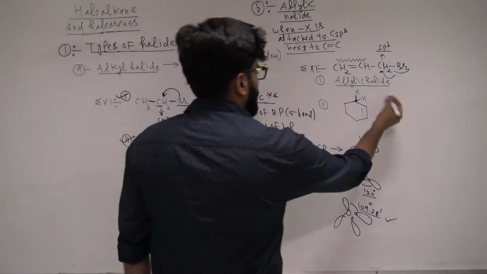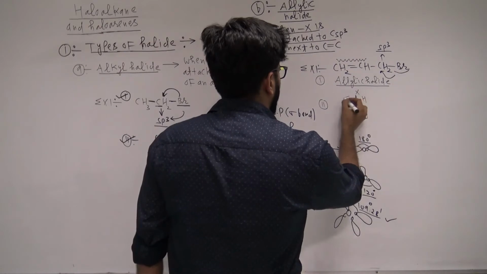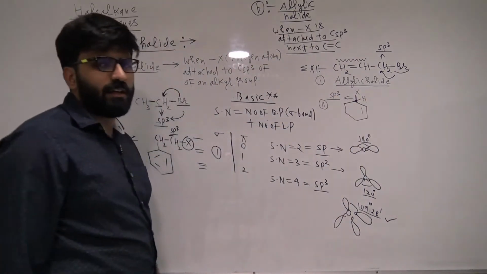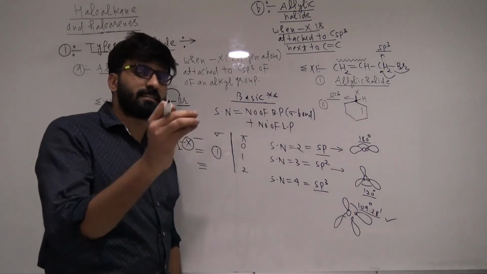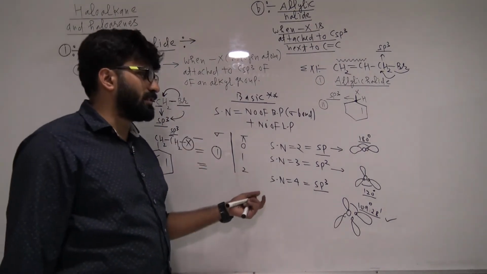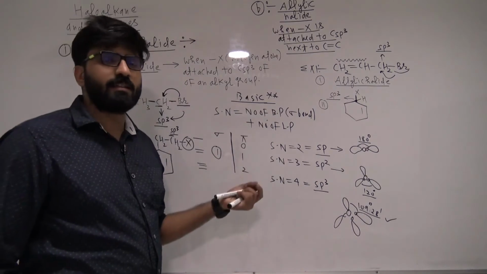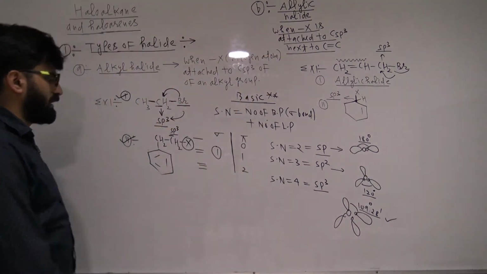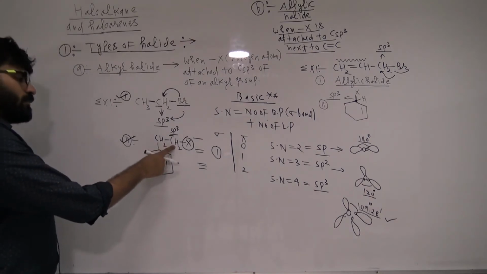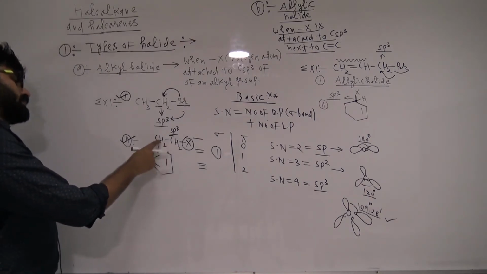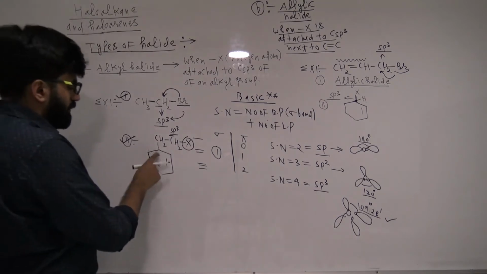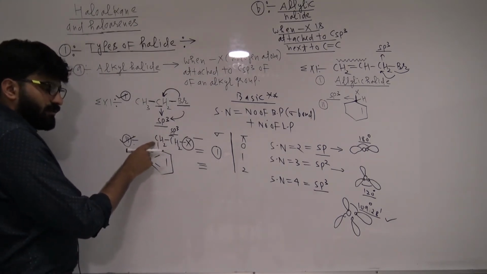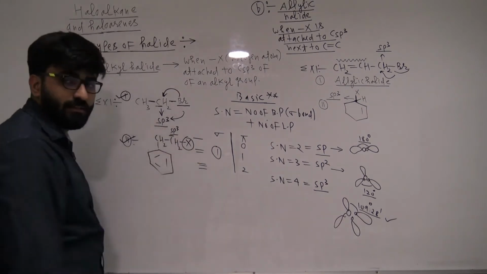So what is the steric number? You are like, sir, steric number will be 4. I hope everyone can see it. So what is the hybridization? sp3. But don't be in a hurry and say it's an alkyl halide. Check its surrounding. Is this sp3 carbon alone, or is there any C double bond C carbon next to it? As you can see here also it is attached to sp3, but there is no C double bond C carbon next to it. Few students are saying, sir, but it's there. The next C double bond C carbon would be this, but there is no double bond. That's why it is still alkyl, right, guys?